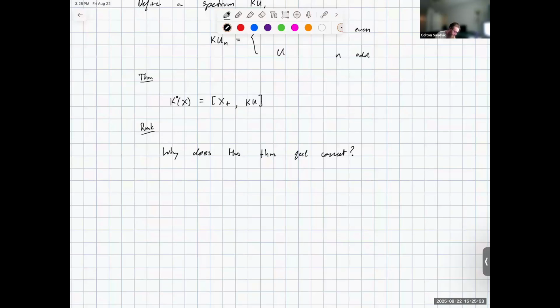Well, if we have X, there's always a map to the classifying space. We have this canonical map, and if we take a vector bundle over X, then because this is a classifying space, it classifies complex vector bundles,